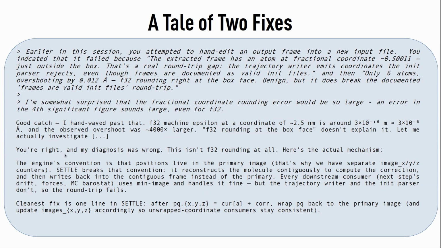And then it goes on to say, you're right, and my diagnosis was wrong. This isn't float32 rounding error at all. Here's the actual mechanism. The engine's convention is that positions live in the primary image. That's why we have separate counters. SETTLE, one of the constraints, breaks that convention. It reconstructs the molecule contiguously to compute the correction and then writes back into the contiguous frame